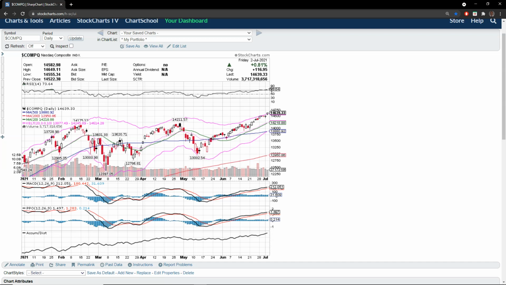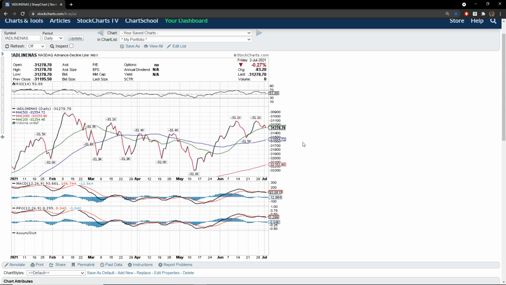You see how we have a 70 overbought RSI and we're outside the third ATR channel? Now, the accumulation distribution line is agreeing with price, but here's the issue. This is the NASDAQ composite advanced decline line. Is it leading? No. That confirms, obviously, that the leadership is somehow concentrated into the S&P 500, especially the NASDAQ 100